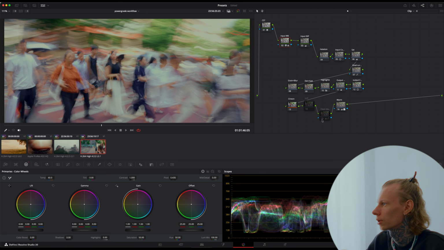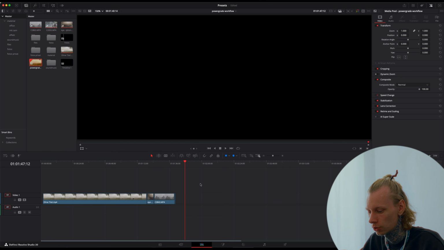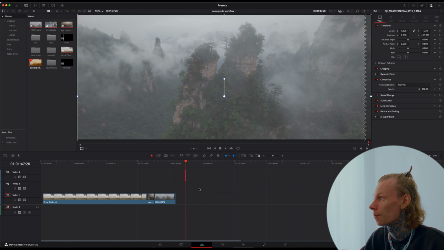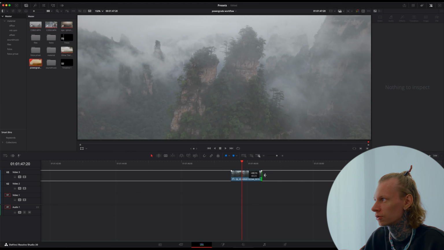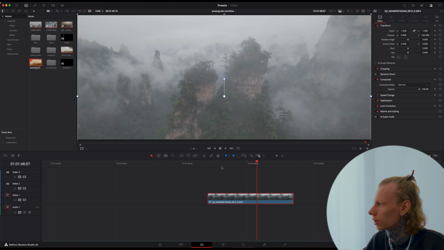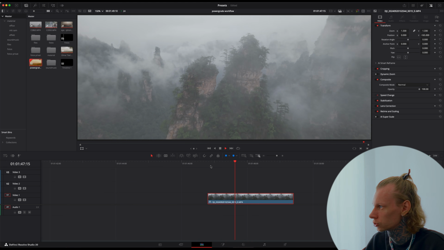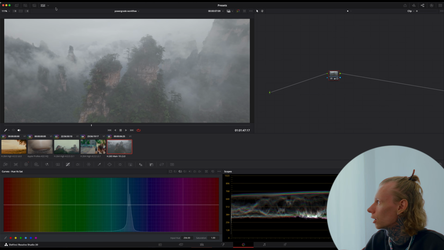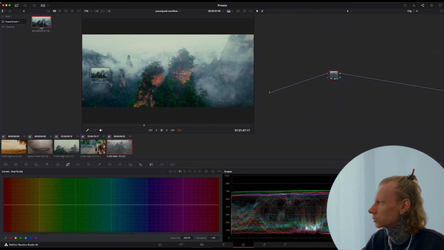It's one-click PowerGrade. For the last step, I want to show you how to edit drone footage with the PowerGrade. So I have drone footage here, but it's not my shot. This is the reason why I can't give you this shot. Big shout outs for Chair for this shot. Thank you for that I can use it. And now we grab our still again and